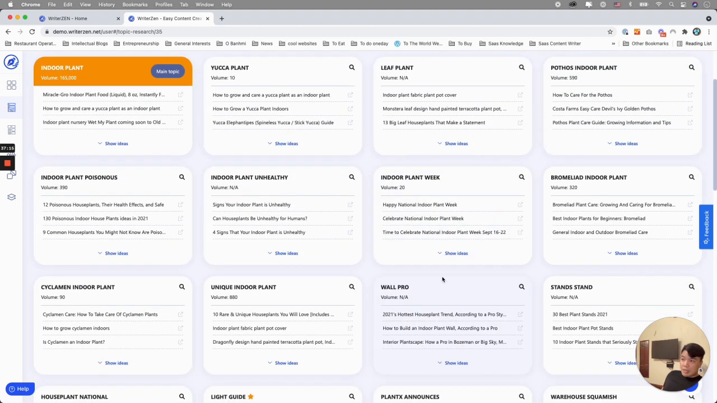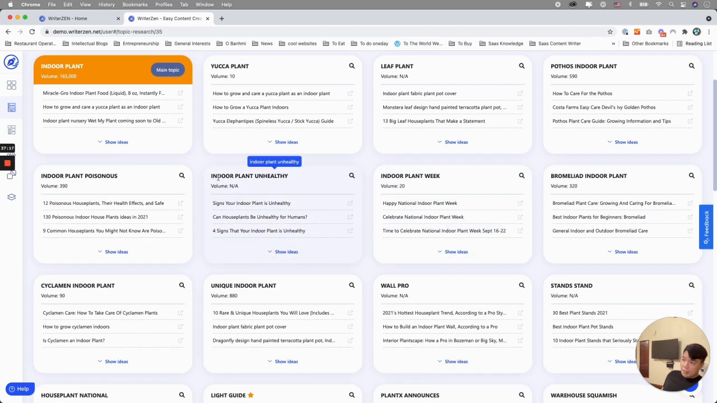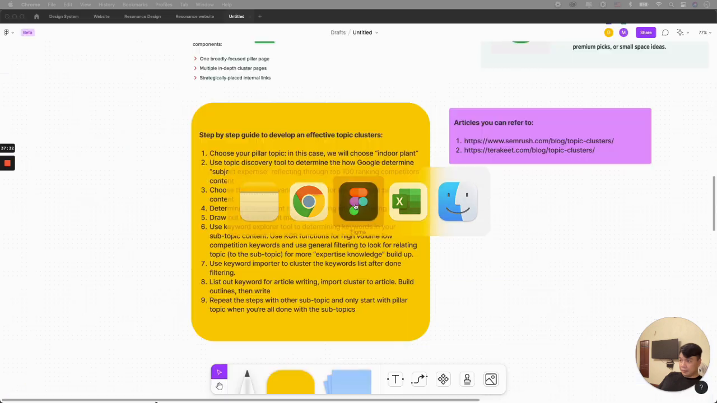So with topics that don't have very high volumes but have terms that stick with the main topic, like indoor plant unhealthy, it's not so high in volume. You could actually put that into the pillar page content. So it kind of looks like this,